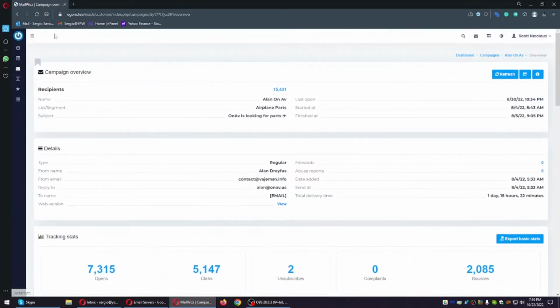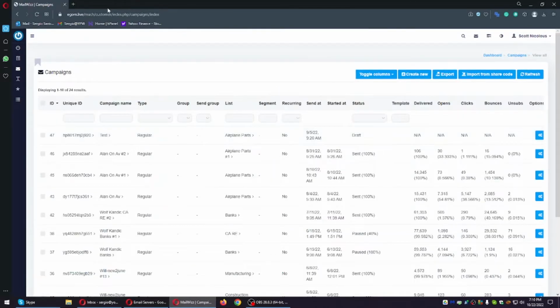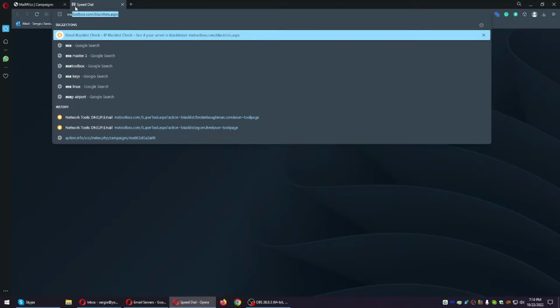It looks very similar. It's Interspire. I'm going to show you that in a second. Let me just open it up. It's a bit different, but it sends a lot faster. The difference is that this kind of server gets blacklisted right away. This server, I've been using for a long time, and the IP address on this server is still whitelisted, and you can check that by going to